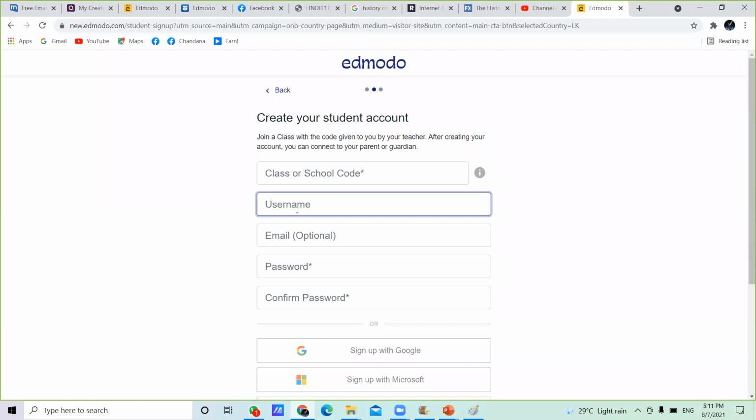Then after the username, it is asking for an email. Email is optional, not a must. If you have an email account, then you can type it here. Then for the password, you can give any password you like. Then confirm the password. For example,